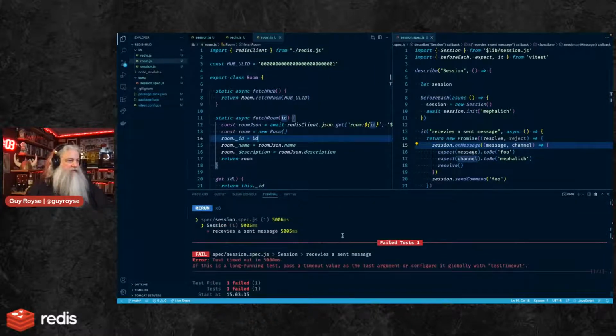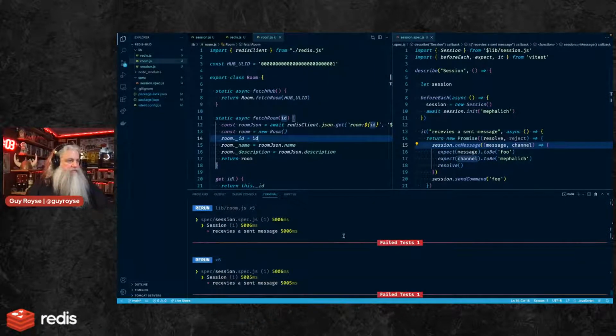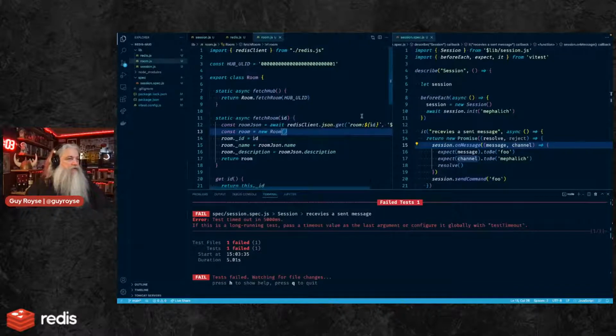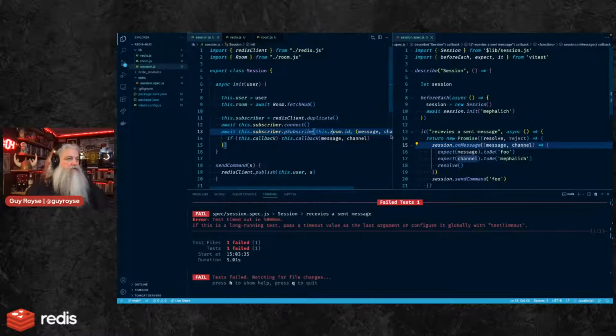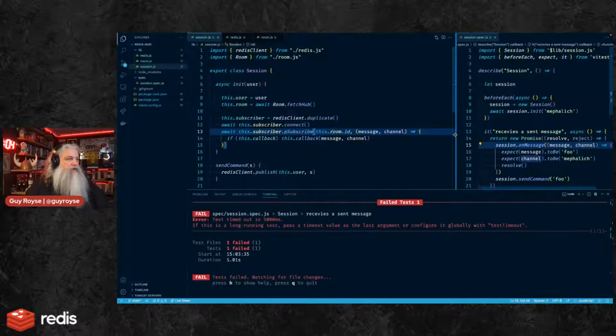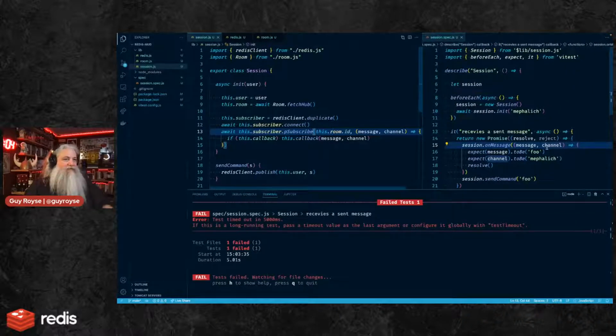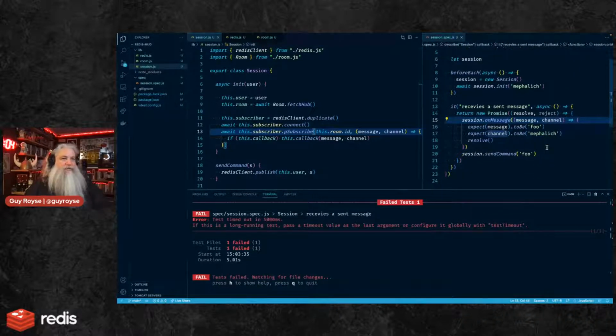That fails, and I think this fails in a way I'm expecting it to, because we're saying we're in session now. We are listening on the room channel, and we receive a message in a channel, but our spec is publishing a message.